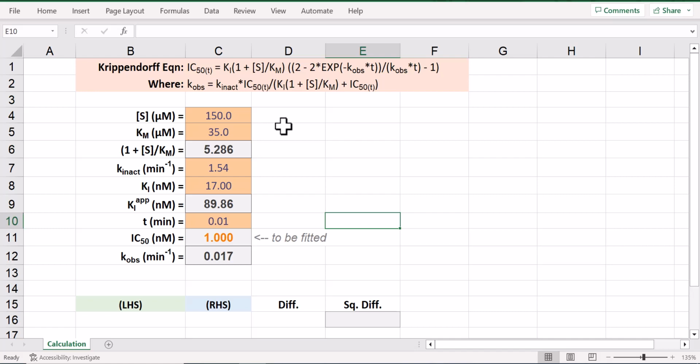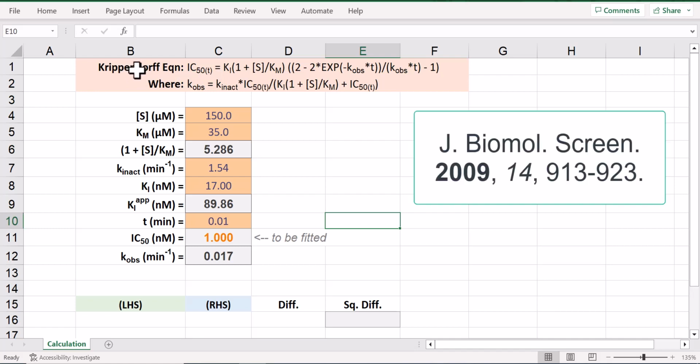Today's tutorial for my science colleagues will illustrate how we can use the Solver add-in in Excel to solve implicit equations if we set them up as a fitting problem. Now, one of my favorite implicit equations is the one shown here. This is sometimes called the Krippendorff equation, named after the first author of a 2009 publication where it was first